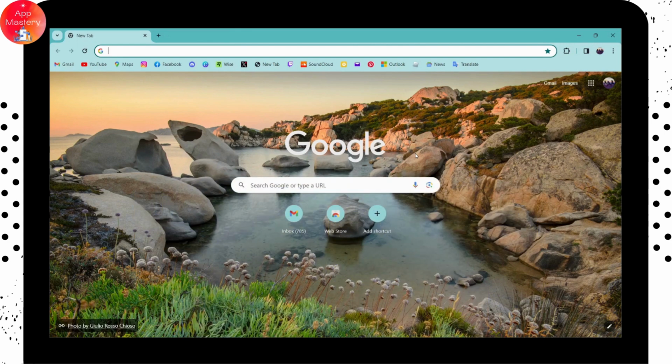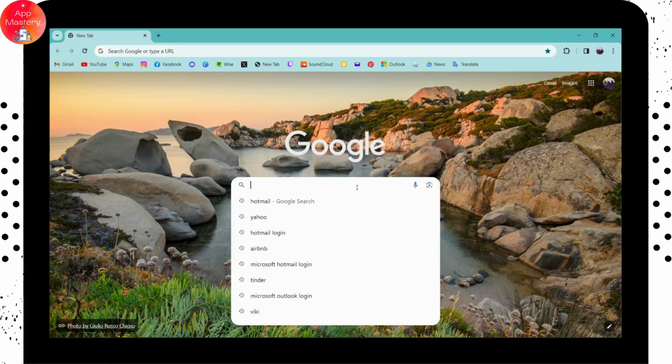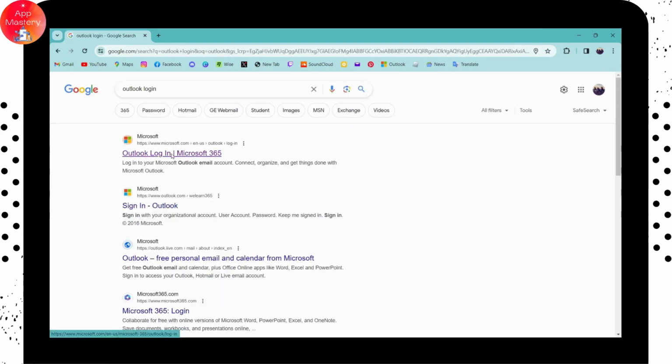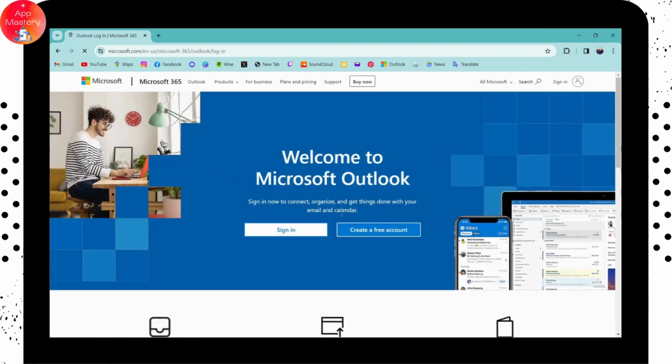So if you want to change your Hotmail account password, then first of all open up a browser, any browser that you are comfortable with, and then you can simply go for the search bar and search for Hotmail, or you can also search for Outlook. So it's the same thing. And after that, go for the first search, and here go for sign in, which is on the upper right,